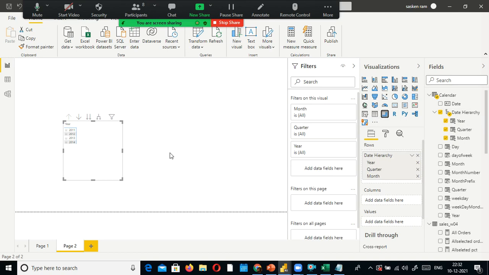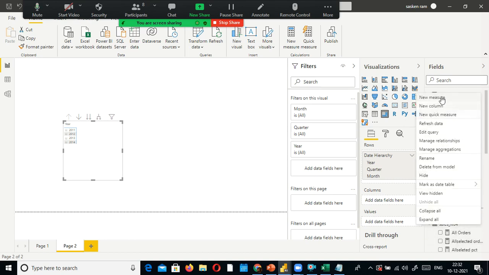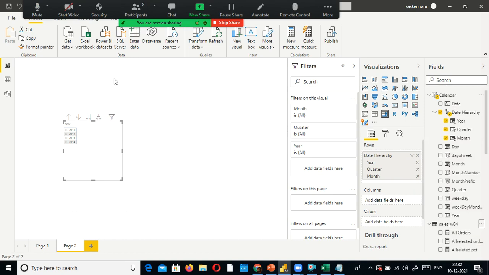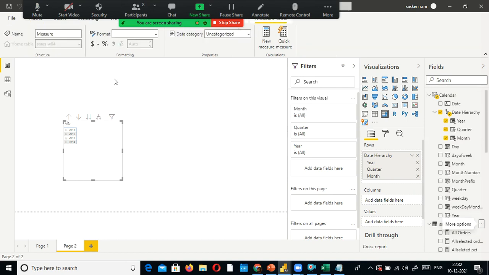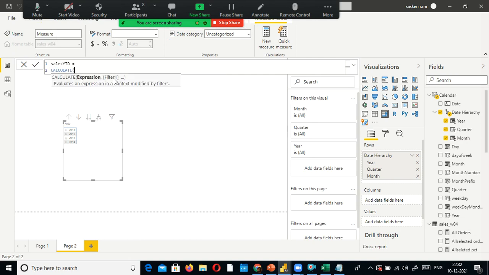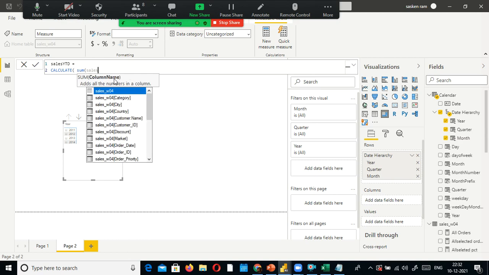Okay, the next one is we will create year to date, sales year to date. We will create a new measure by the name of sales year to date. New measure. Sales year to date is equivalent to, I'm going to use a calculate function.